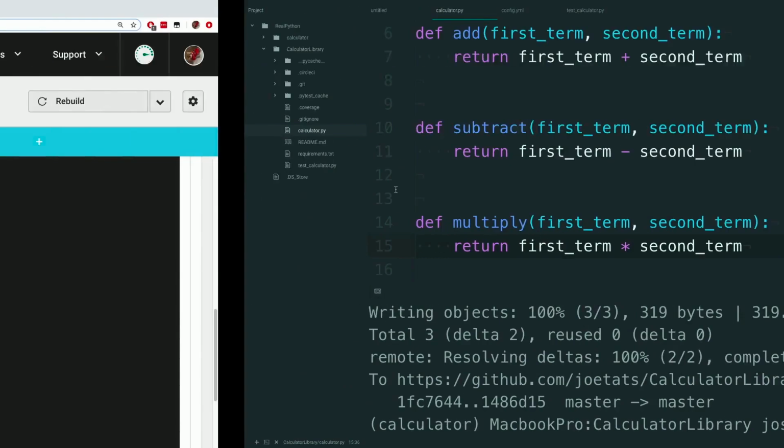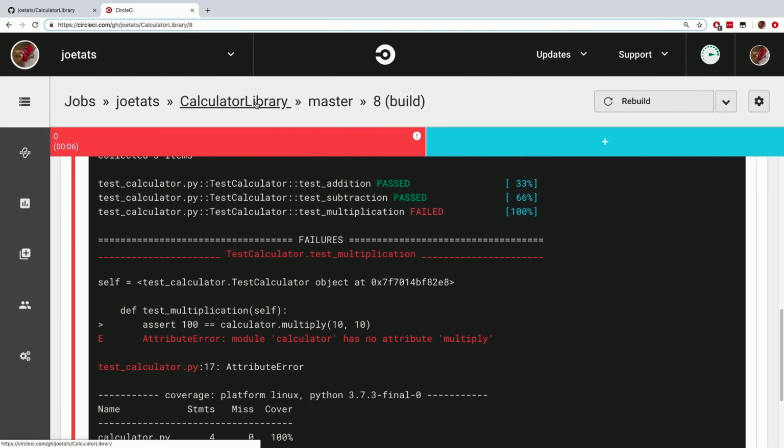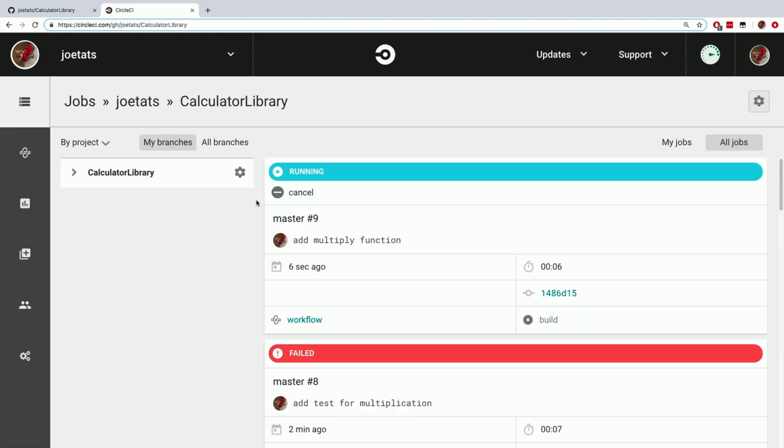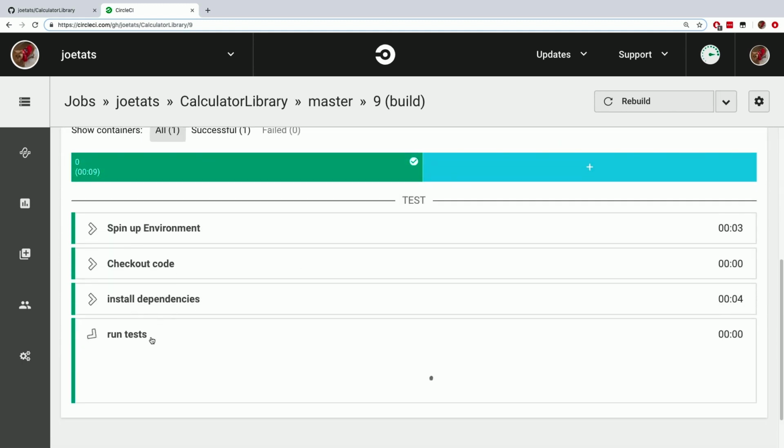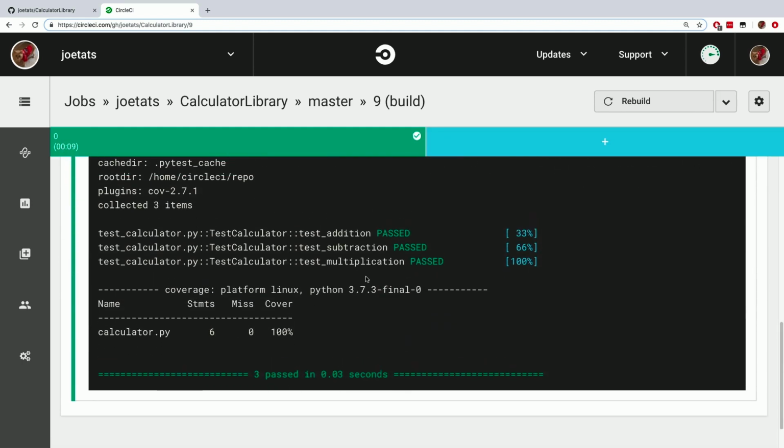Okay, back to CircleCI. Let's go back to calculator library, and you can see there's a new job that's running for adding the multiply function. Let's open this one up, and look at that, success. Let's go back down to run tests, and you can see now test multiplication passes. So there you go. You should be getting the hang of this by now, so go ahead and try to add a test for division to make the build fail, and then go ahead and add in the function to